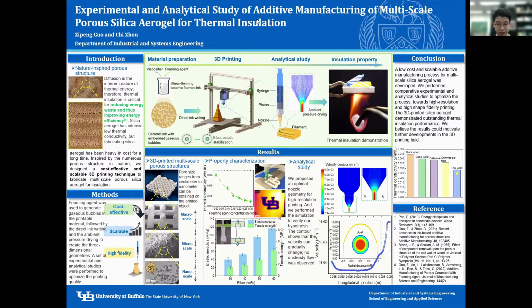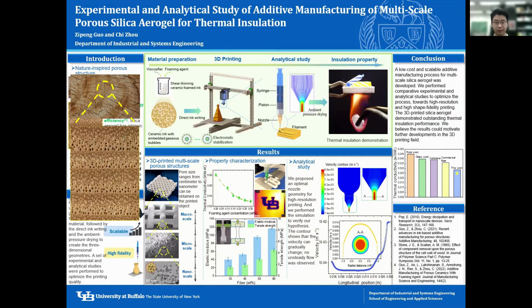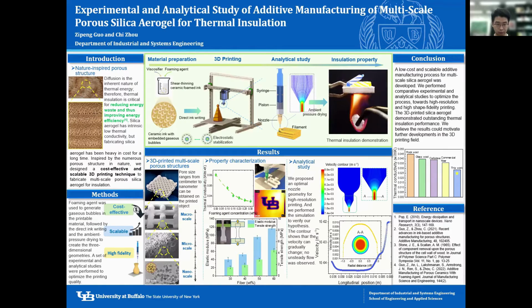To conquer this challenge, nature actually provides exceptional guidance. Most of the biological creatures have internal porous structures. These porous networks undergo evolution after evolution that span centuries of time. For example, the trunk of trees has multi-scale, hierarchical, and optimally arranged porous networks, leading to multifunctionalities such as nutrition transfer and outstanding strength. To mimic the nature-inspired multi-scale porous structures, we used the foaming agent to prepare the 3D